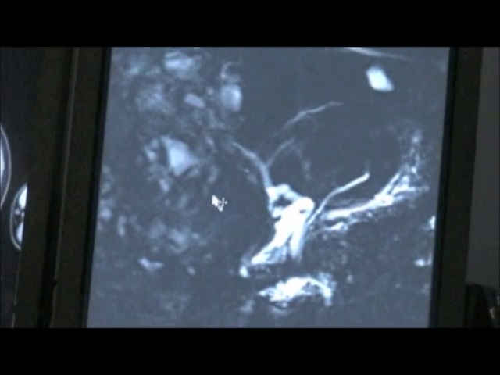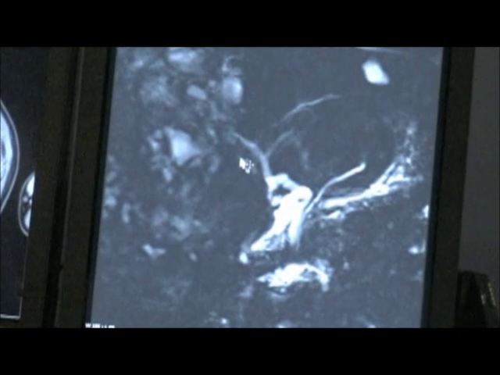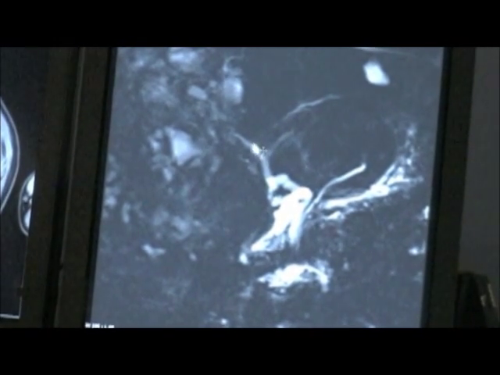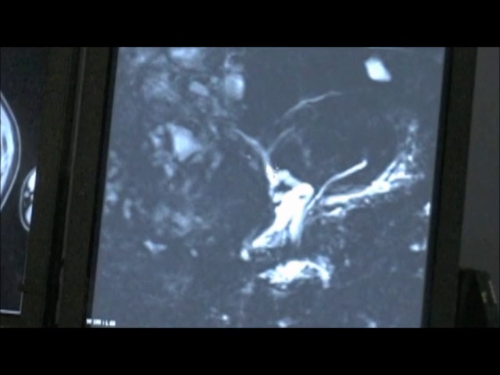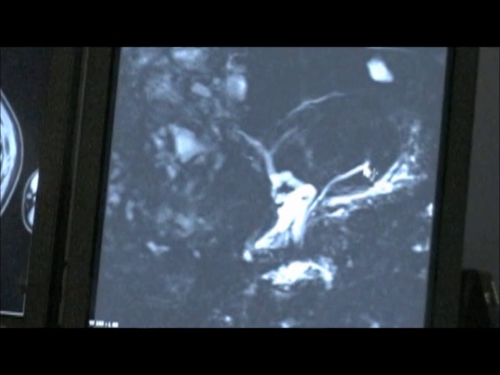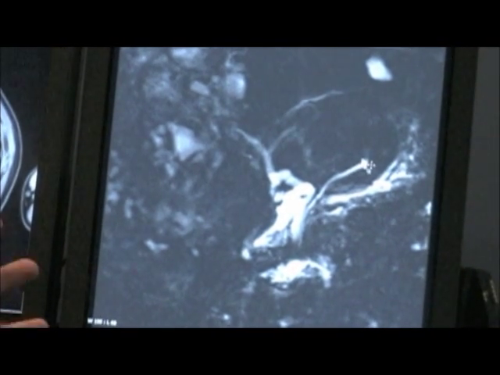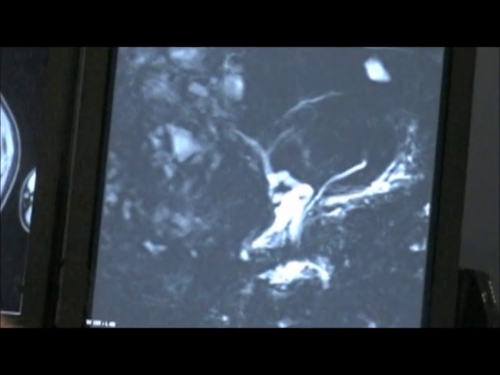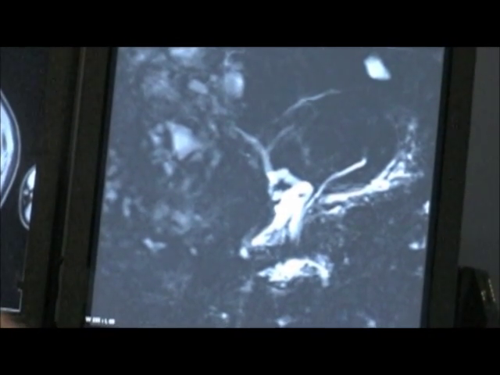Now, routinely we get a thick slab MRCP image, which takes only a few seconds to acquire. And that's useful to give us an overview, and at times we may not see the duct system that well. This case would be such an example, but here's the left and right bile ducts, the common hepatic duct, and we kind of lose the common bile duct here. This is probably a portion of the pancreatic duct as well that we're seeing relatively well, but that's not the focus of this case. But we routinely get this to give us an overview of the